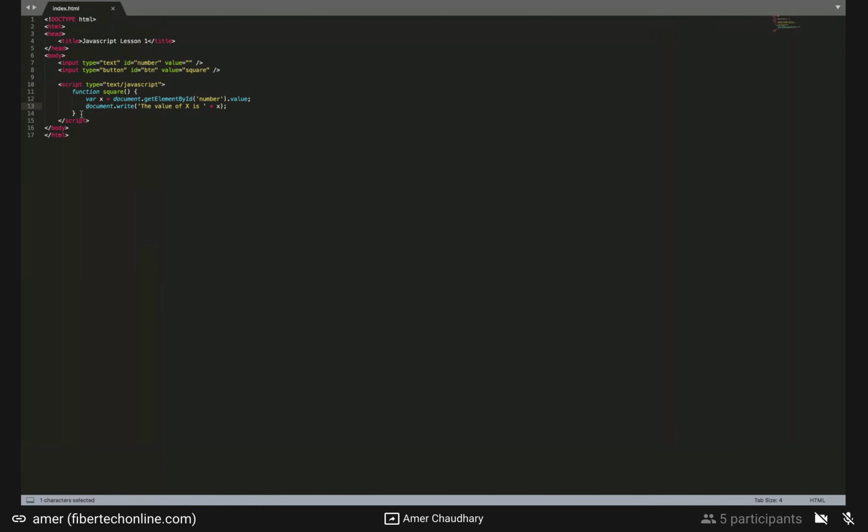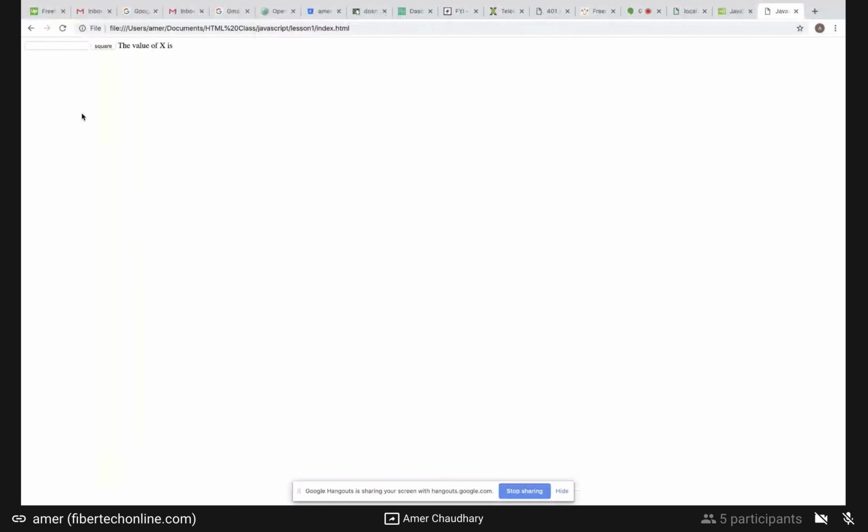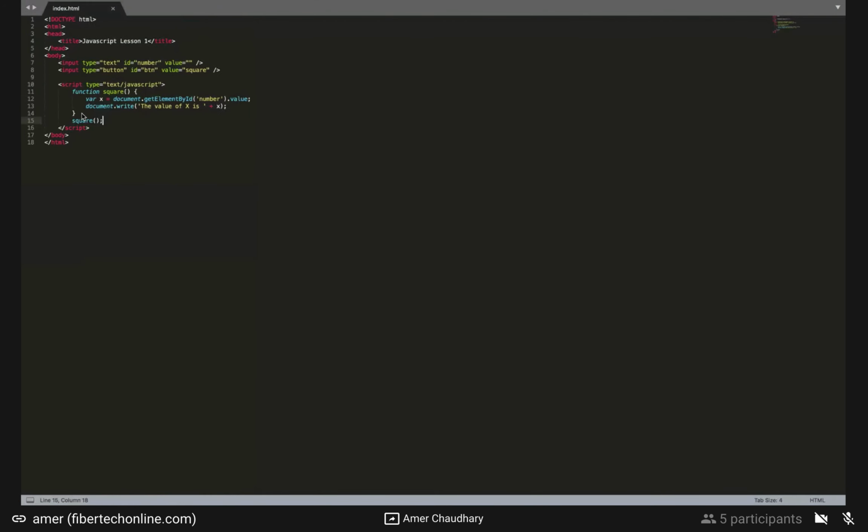I can call this function from anywhere. So if I call square, it's going to call this function. But what I really want to do is call this function when this button is clicked. So what I do is I do onClick equals square. Now every time this button is clicked,